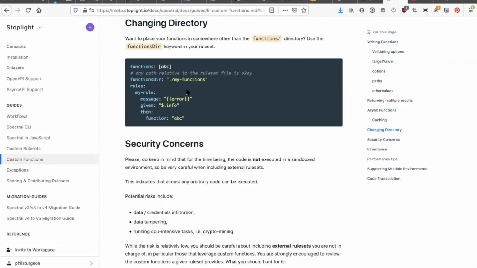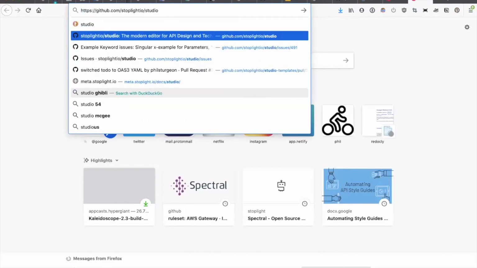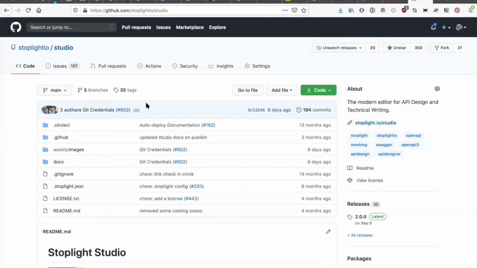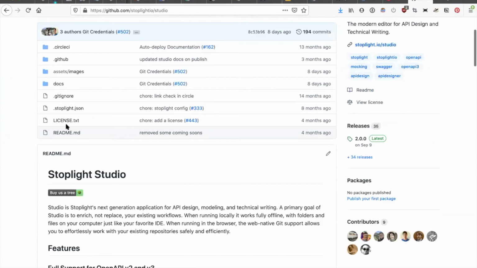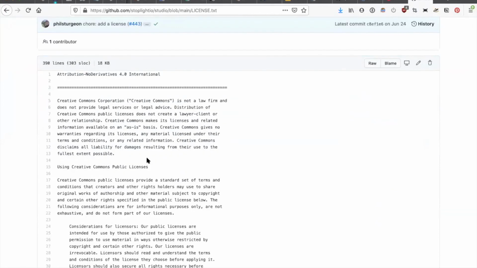Yeah, absolutely. So the licensing for Studio is actually very permissive. I can't remember exactly. It's not the WTFPL, but it will let you do pretty much anything. I'm only mentioning the licensing for Studio as a side point because it's not entirely relevant, but I would like people to know about it. The license we use is the Attribution No Derivatives 4.0 International from the Creative Commons. And it means you can use Studio for free. I think you can share the download with other people in your company if you don't want them downloading it from the website for security reasons.